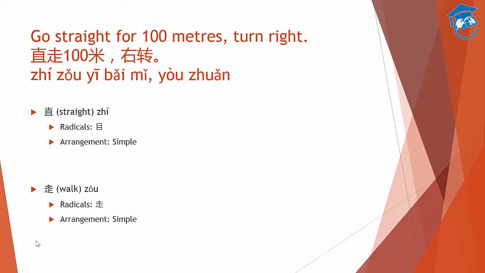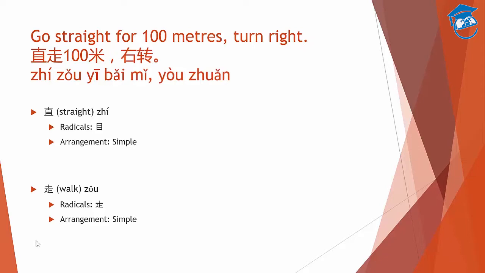So 直走 means go straight, because straight is an adjective, so it is placed in front of the verb there. Instead of like English, go straight, you say straight go. 直走. So you may think that go is 去,